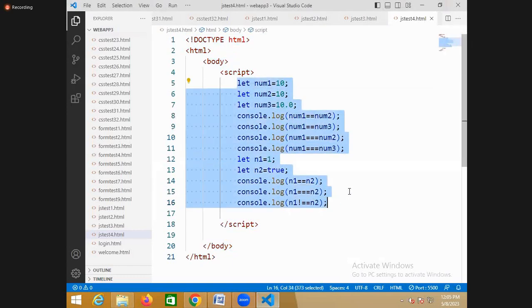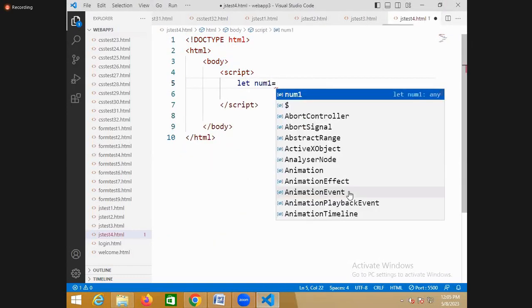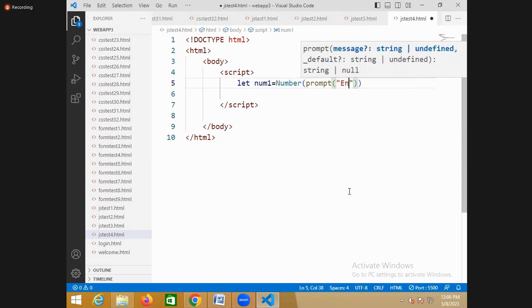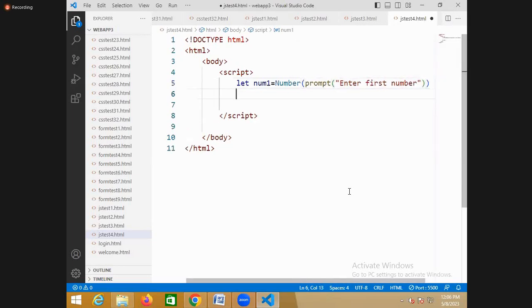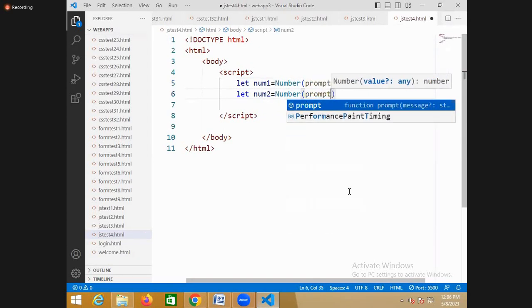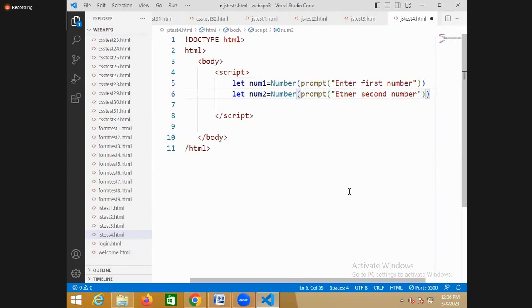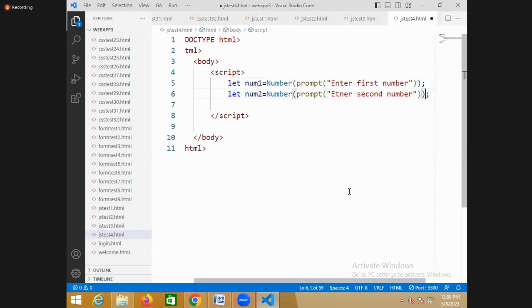Now just see here. Let number1 equal to a prompt: enter the first number. Simple example. Let number2 equal to a prompt: enter the second number. So I input the first number as well as the second number, and let max equal to, I'm assigning one value, max is number 1 if